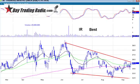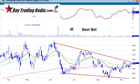Ingersoll Rand, probably one of the best bets I have right there. It says best bet going into the end of the week here. I really like this one. Closed very strong. Stochastics just crossing over on the top part of the downward trend line, attempting to move that quality stock. So IR,